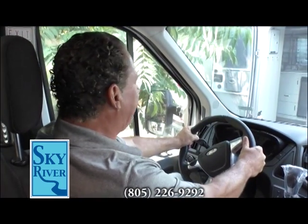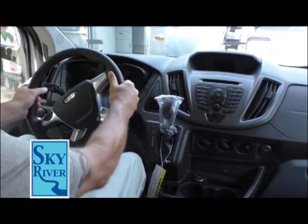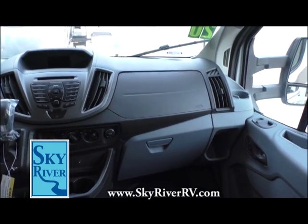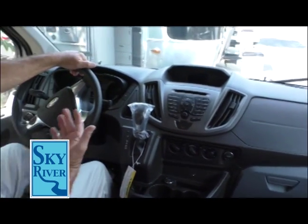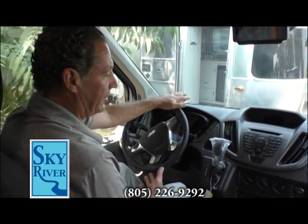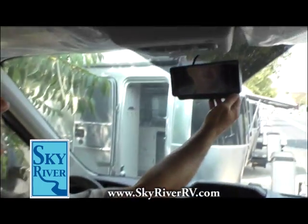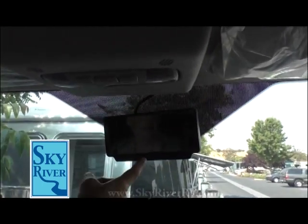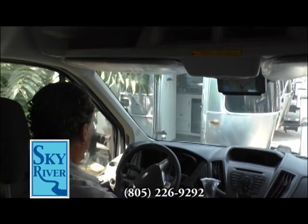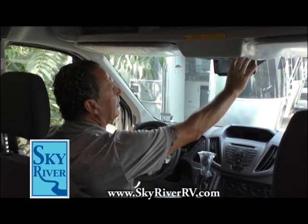Now, this 2017 Micro by Coachmen is a 20-foot coach, and talk about comfortable. I could sit in here all day. There's a lot of features, even though this is an entry-level coach, that are not entry-level. These are all stuff that, you know, people demand these days. For instance, look at this. This is your camera screen right here, where your rear view mirror would usually be. So what this does is, on your reverse cam and on your blinker cams, it comes up right there,